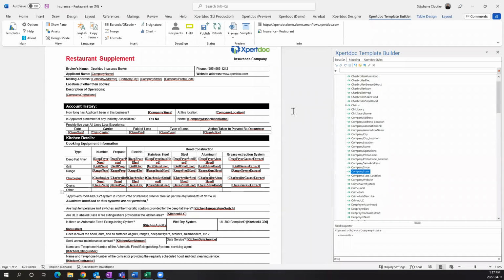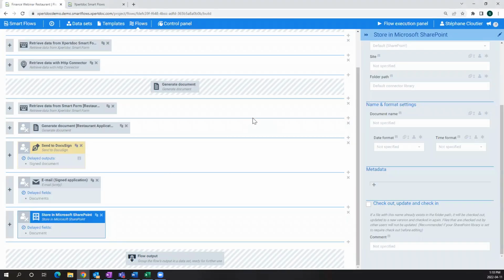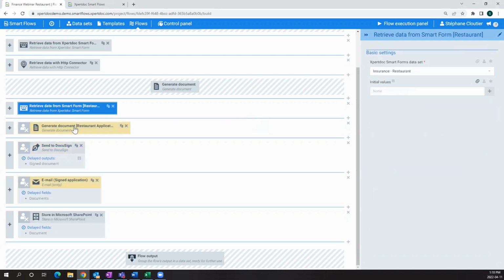And Stefan, if you just minimize this and go back to the flows. Yep. Here's a great example of an easy approach to design a document process or to automate a flow. And you could think about what the different steps are that you're taking if you were to do this manually. So you're looking at having a smart form to collect the information. Then you need to generate the document.